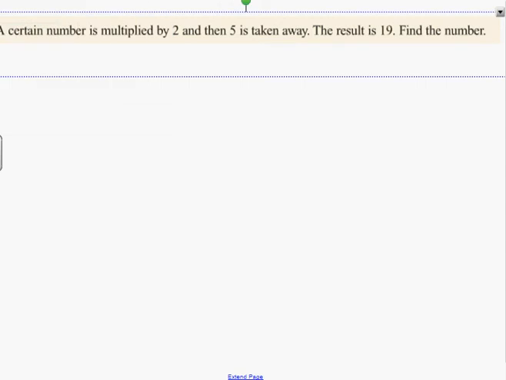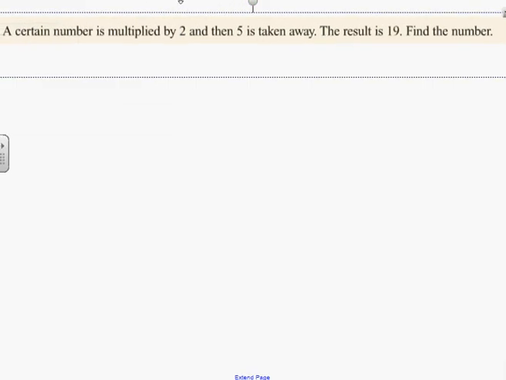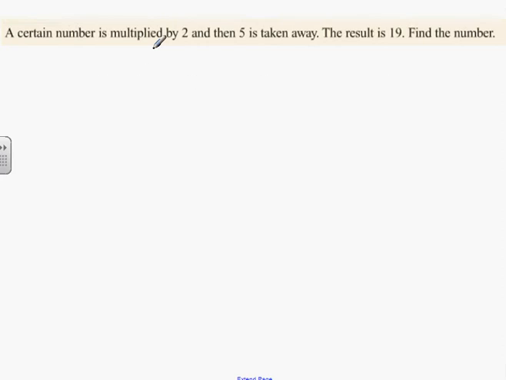Okay, I want us to make the equation for these and not do them in your head, okay? A certain number is multiplied by 2. What does that mean, Ben? A certain number is multiplied by 2: 2x. 5 is taken away: minus 5. The result is